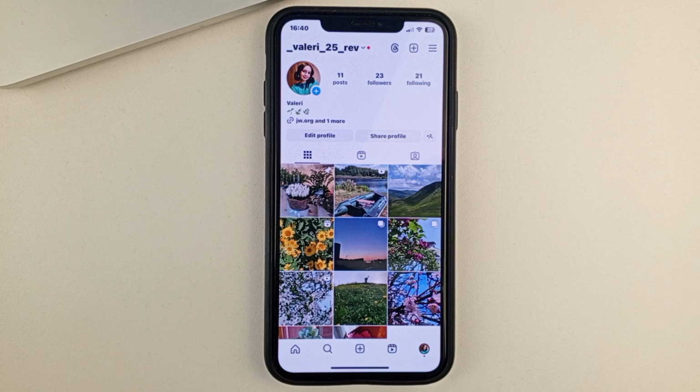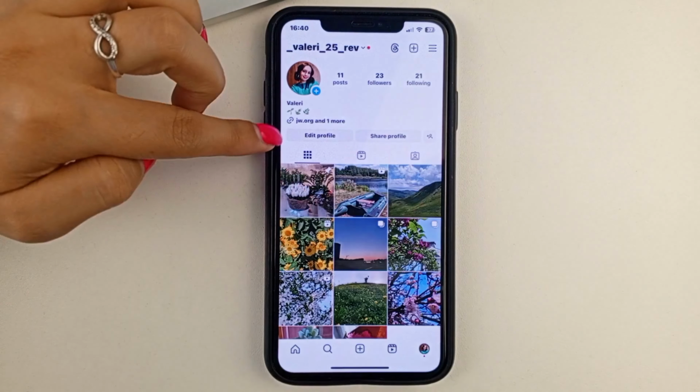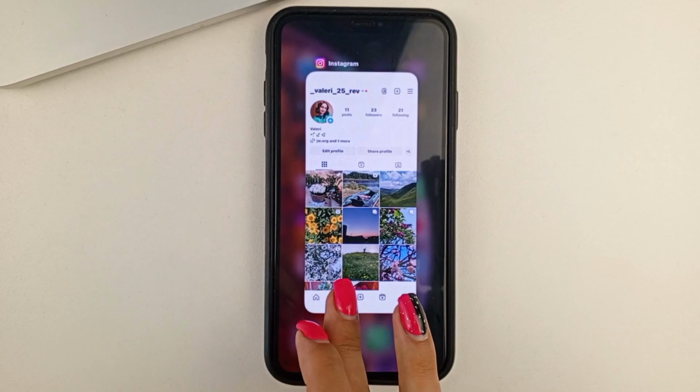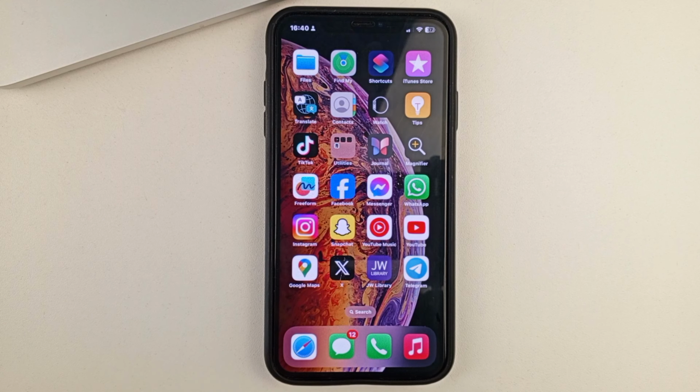And as you can see, I'm missing the frame that was under the profile header that used to indicate that this was a professional account. If it's missing, it's an indication that you're already on your personal account. This is the very quick, simple way like this, friends, you can easily disable professional account on Instagram.